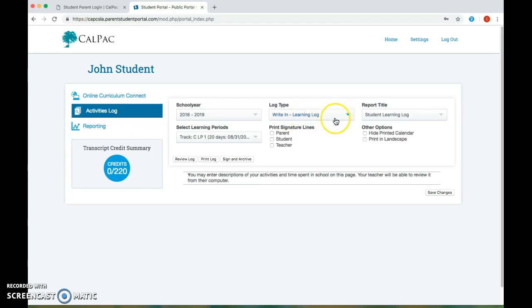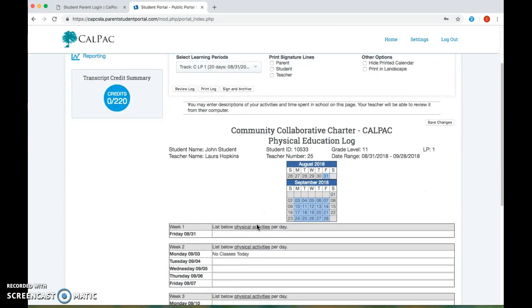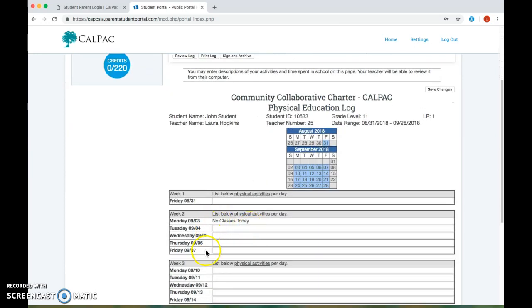And then change your log type to Write in PE. This should change to physical education, so make sure you change it to Write in PE. And then click Review Log. You'll be able to scroll down and see that you can now enter in PE activity for each school